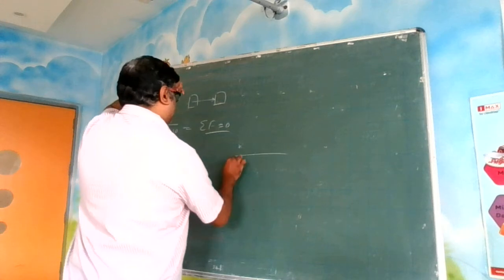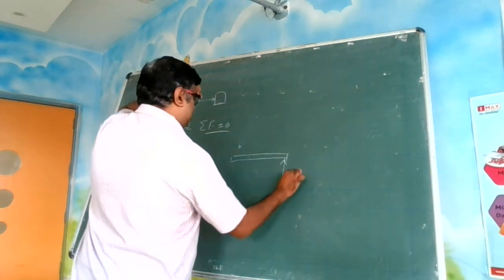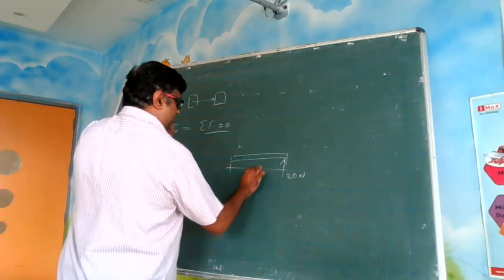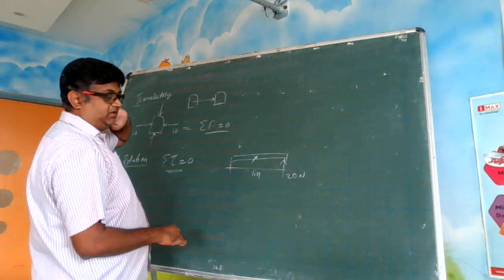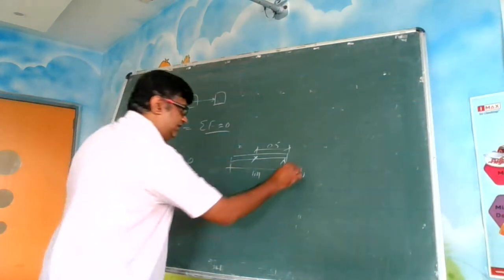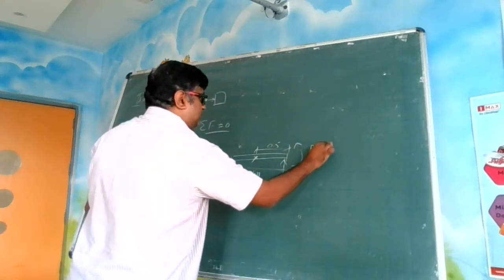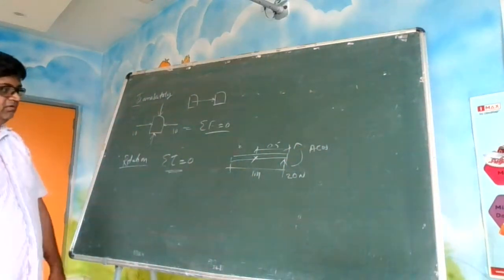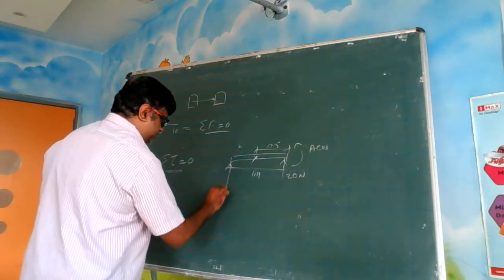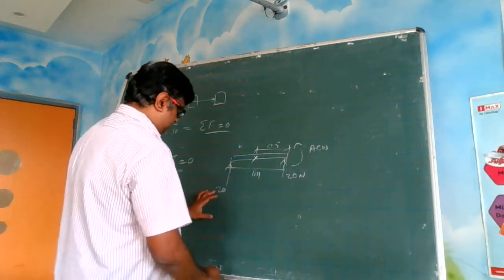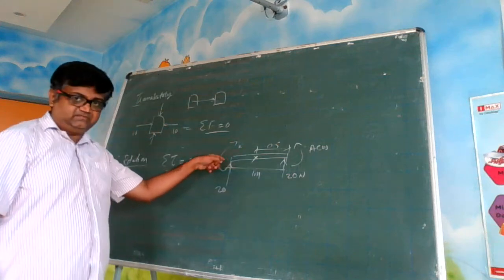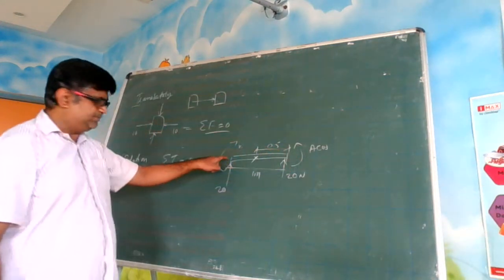Imagine you have a metallic rod, and you have applied a 20 Newton force here, let us say, and the rod's length is 1 meter, and this is the center point. So this is 0.5. What is this force trying to do? It is trying to create an anti-clockwise torque about this point, isn't it? Anti-clockwise moment about this point. Suppose I put another force here, equal and opposite. It will create a moment like this. So this moment is balanced by this moment.